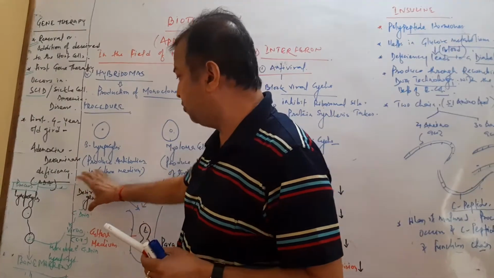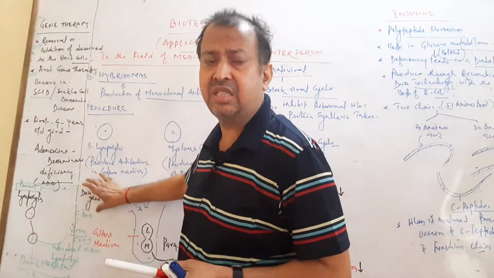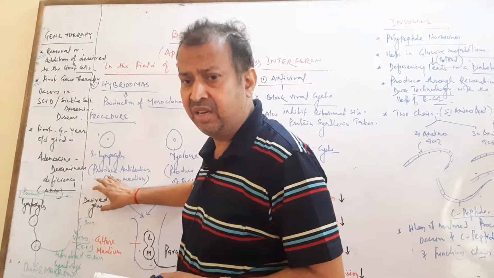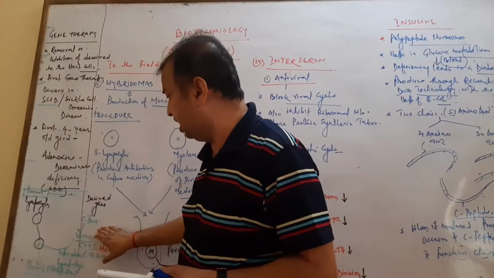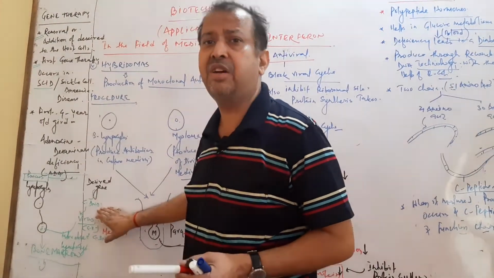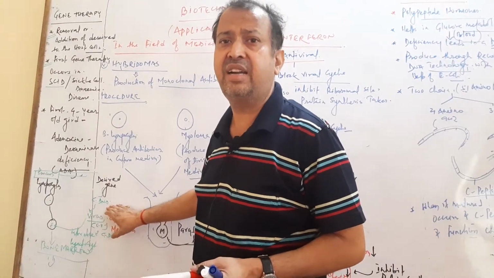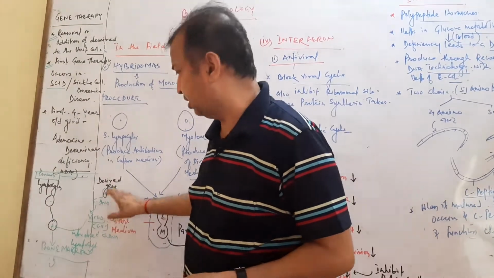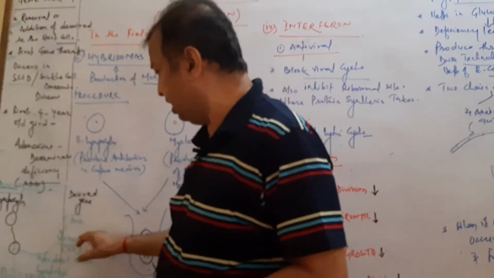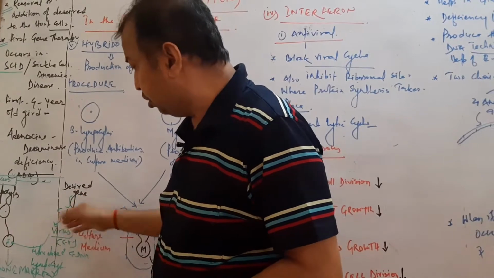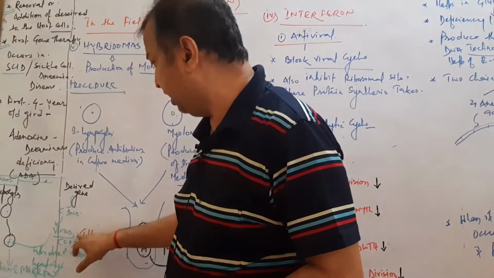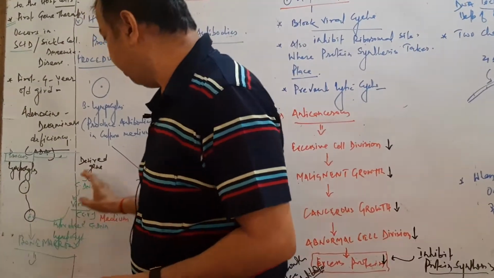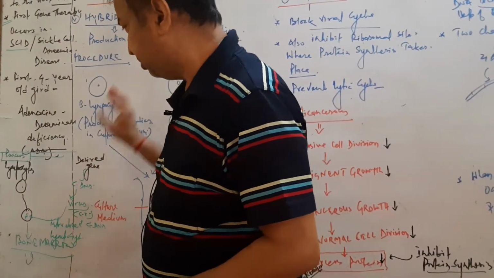First we remove the desired gene through the action of the nuclease enzyme and synthetic enzyme, DNA synthetic enzyme, and produce the cDNA. cDNA is produced by the reverse transcription method. It is a single stranded cDNA, complementary DNA, which is transmitted through the virus. The virus acts as a carrier or vector and carries this cDNA